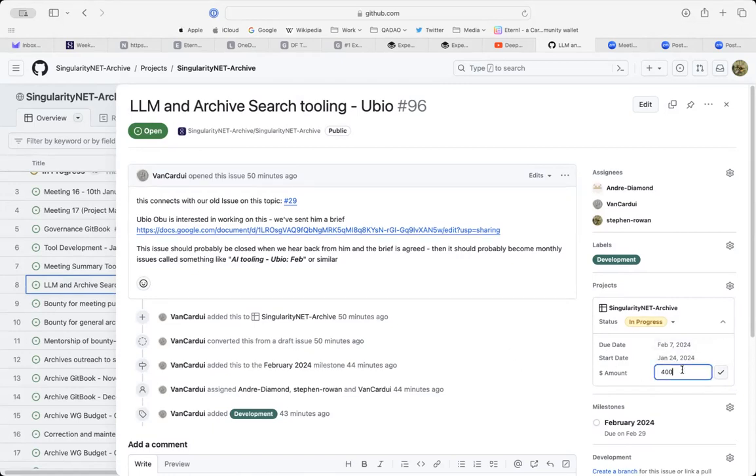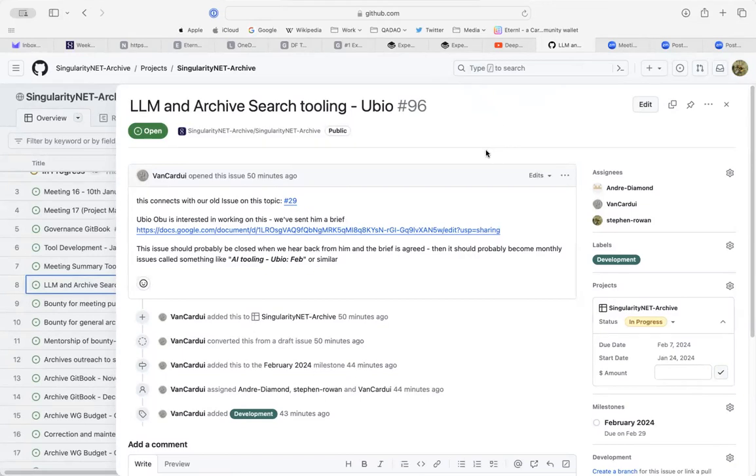This is just an issue to say that we are engaging him and we're agreeing a brief with him. As I've said in the issue, I'm suggesting that after that it goes to a monthly development issue just with his name on it, the same as Andre does. Just bear in mind any costs need to be associated with that. That's why there's no cost in this issue. Okay, so I'm going to send him the document, and I'll also mention what we agreed to pay him to build those features. I'll send it today.